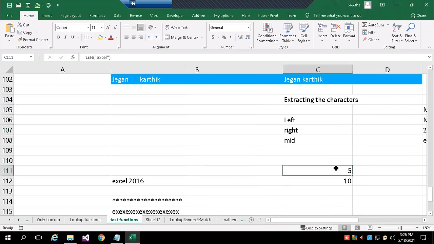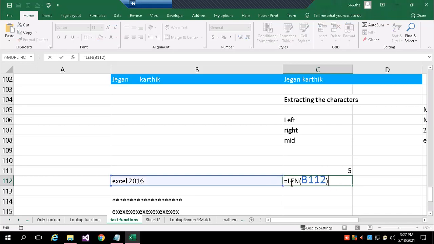Then you can see there is a function called LEN. Len stands for length. In length, I have given just directly the constant Excel. So it counts and gives me how many letters are there. I'm getting the count as 5.